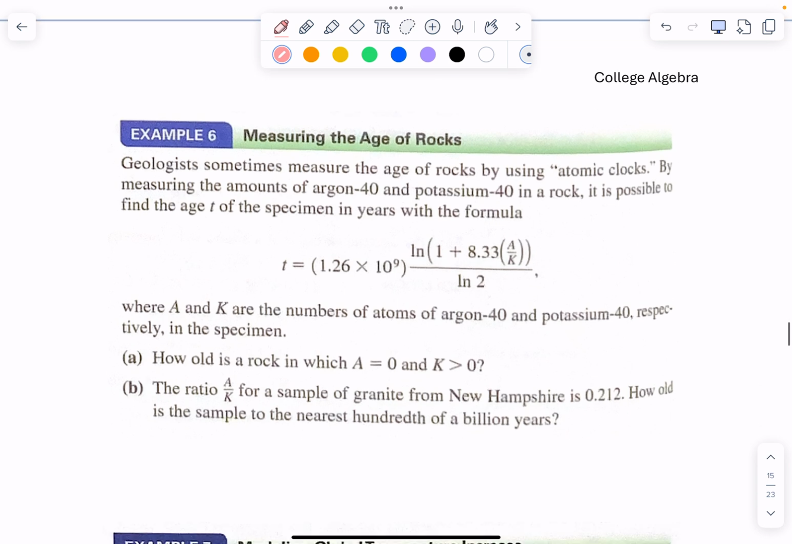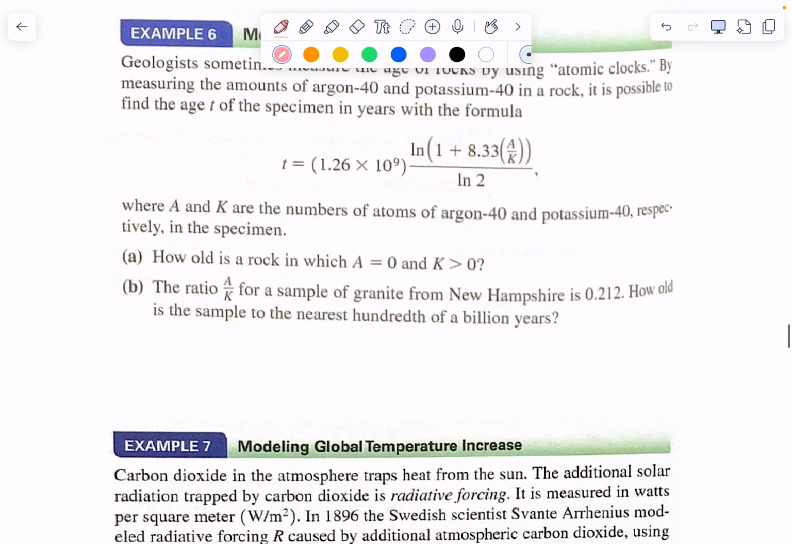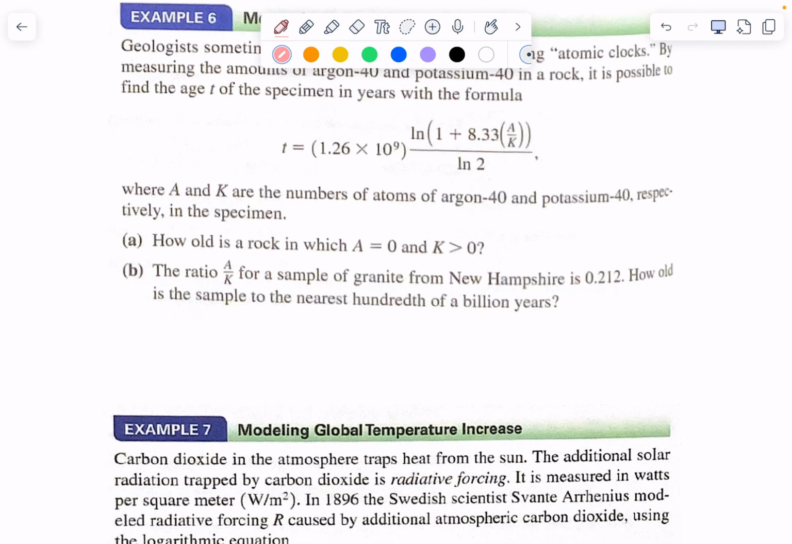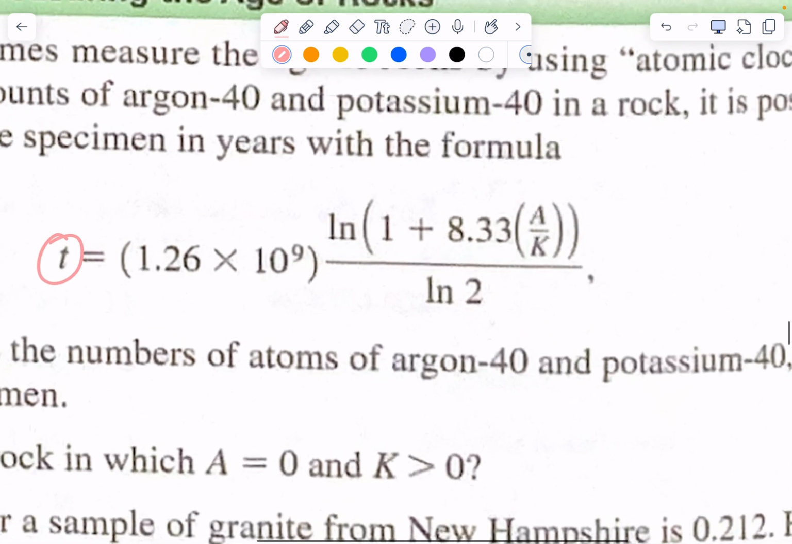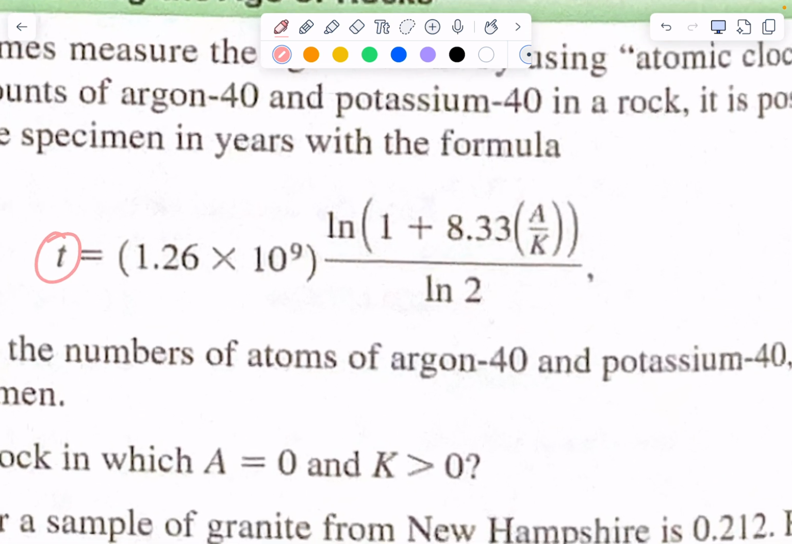Example 6. Geologists sometimes measure the age of rocks by using atomic clocks. By measuring the amounts of argon and potassium in a rock, it is possible to find the age of the specimen. That's very interesting. The time. Okay, we have two variables going on in here. This is time in years. And the two variables are A, which stands for argon,